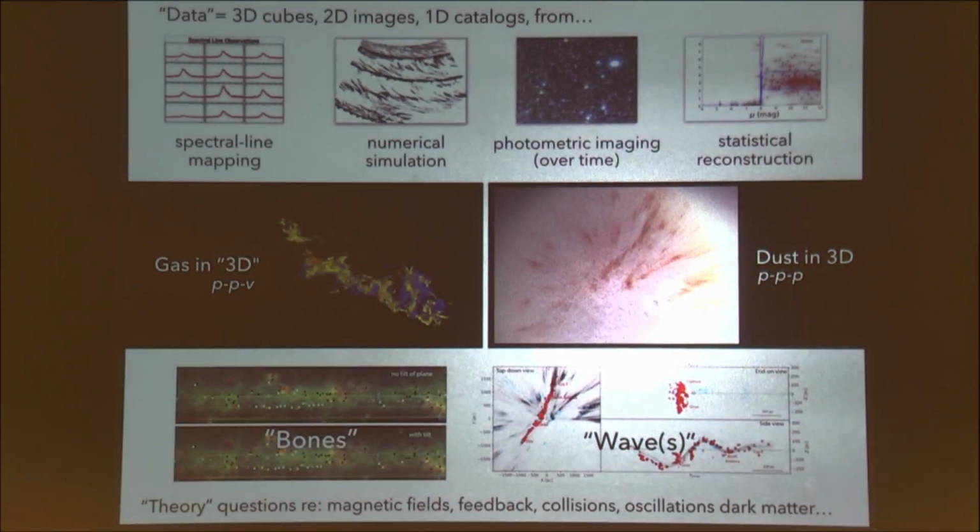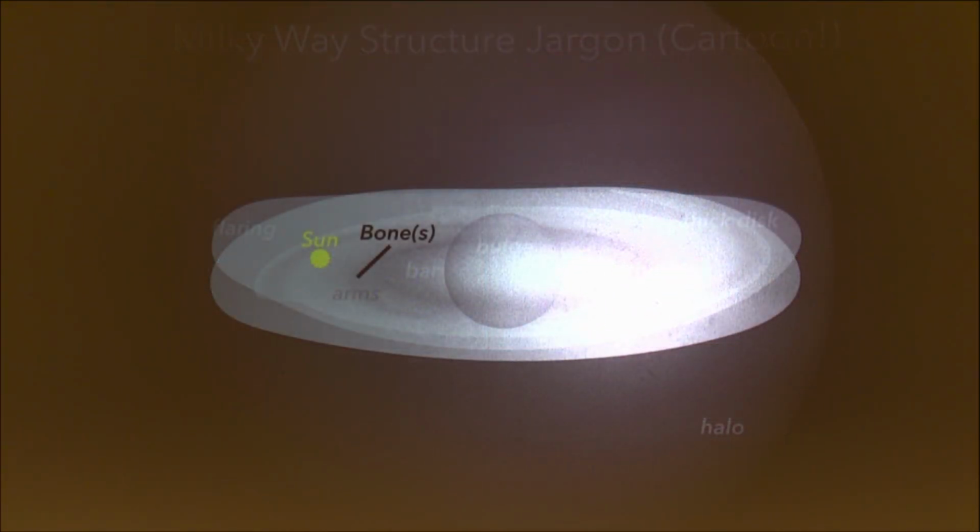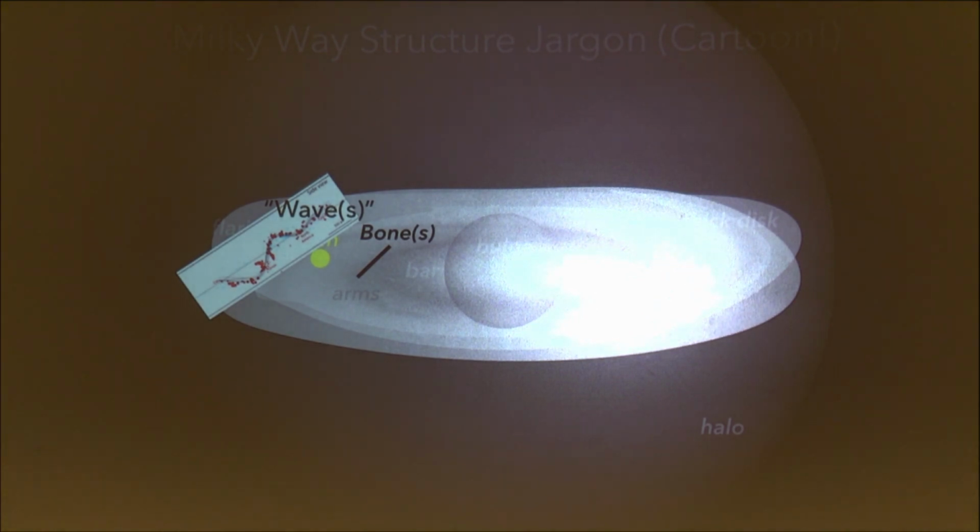I can show you the details of the red and blue highlighting on the simulation later, but I left that out. Okay. All right, so we noted that the bones were toward the inner galaxy, or in a position vaguely like that. And so now finally I want to talk about this wave-like structure. Okay? And importantly, it is toward the outer galaxy. So these two results, while they seem kind of contradictory, right? Because one says there's this thing going 150 parsecs out of the galaxy, and the other one says there's this thing lying less than a few parsecs from what appears to be the gravitational midplane of the galaxy.